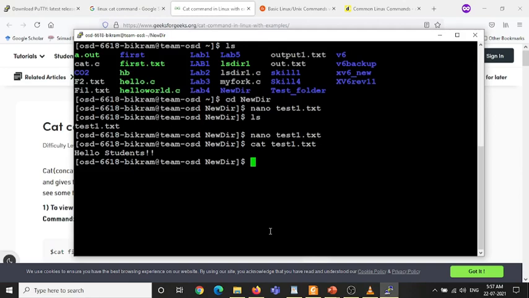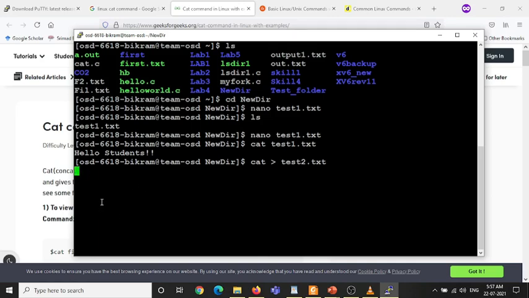Okay, we have seen one method of how to create a file using the nano command. Using the cat command also you can create the same thing. Suppose I want to create another file using the cat command. So you need to type cat, the greater than symbol, and the file name. Suppose here I will give text2.txt. After you hit enter, it will ask you to enter the content here itself.